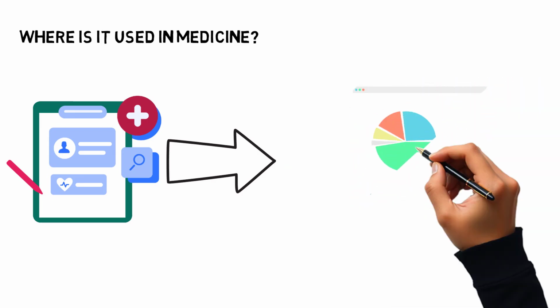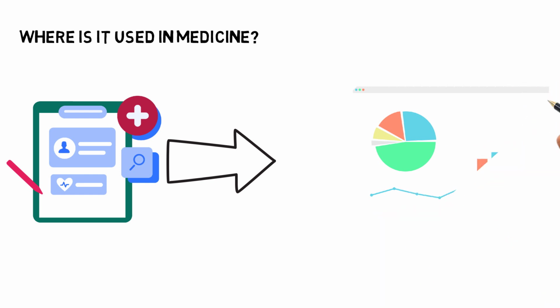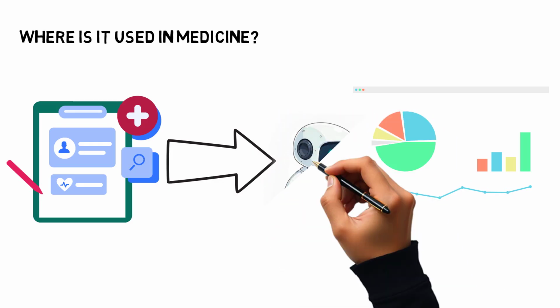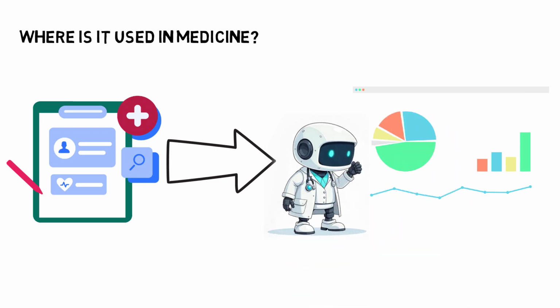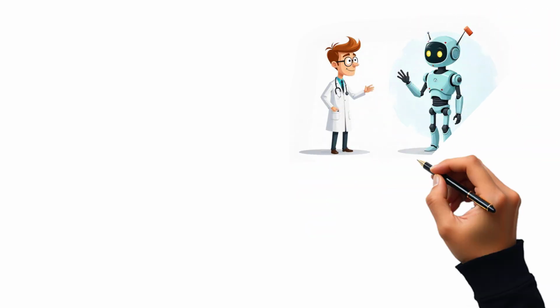In cardiology, linear regression can assess the risk of a heart attack based on blood pressure, cholesterol levels, and age. In clinical trials, this method helps evaluate the effectiveness of a new drug by comparing the results between different groups of patients. Additionally, it can be used to predict the length of hospital stays based on a patient's diagnosis, age, and other factors. Machines allow doctors to find hidden patterns that are hard to spot manually, helping make more accurate